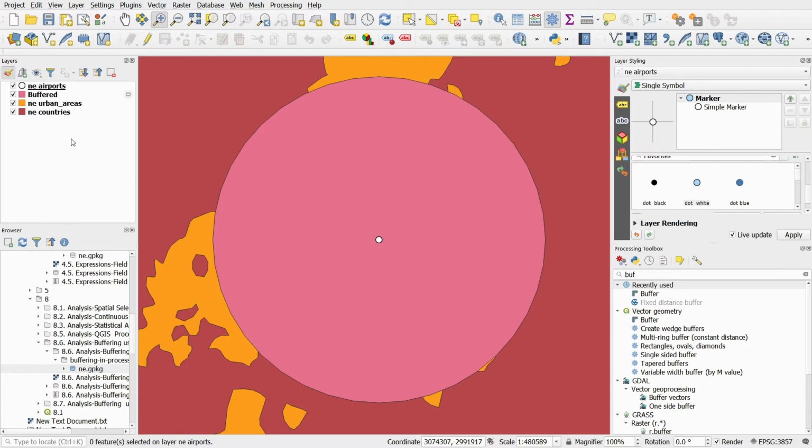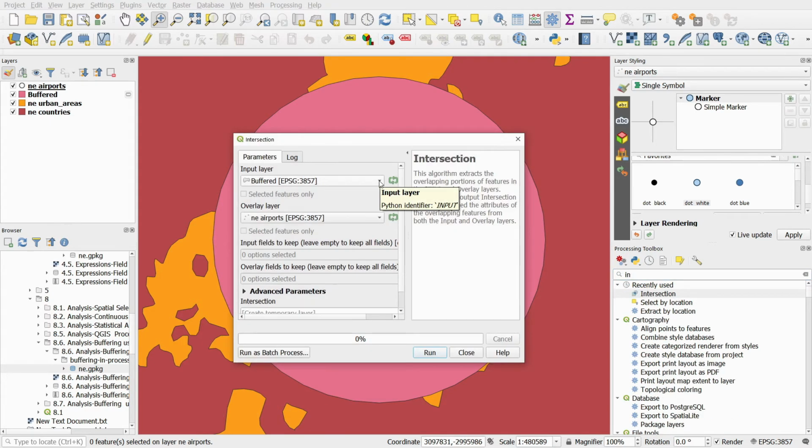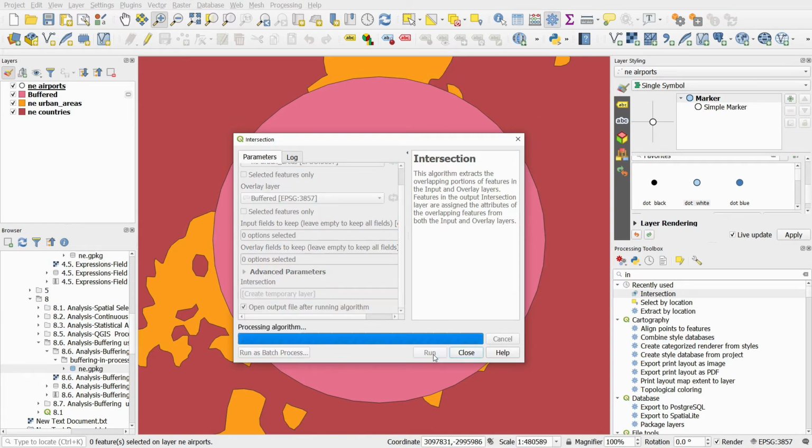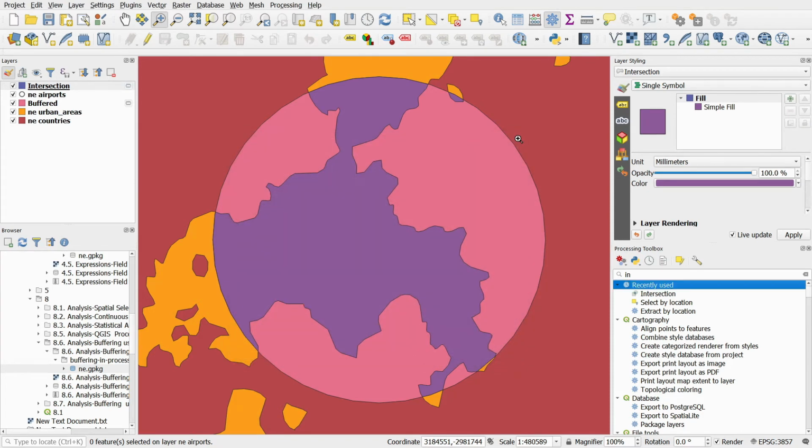Now, next I'd like to make an intersection between the buffer and the urban areas layer. So in your processing toolbox that is already open, search for the intersection tool. As our input layer, we would like the urban areas. And as the overlay, we would like the buffer that we have just created. I'm going to leave the rest as the defaults and run the tool. Close the tool, and you will see that a layer called intersection, which are all the urban areas within the